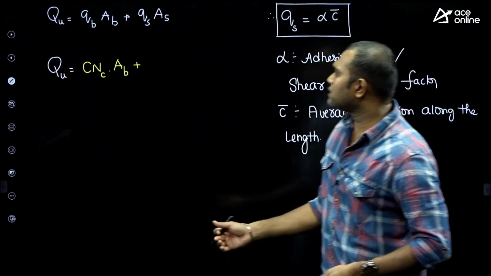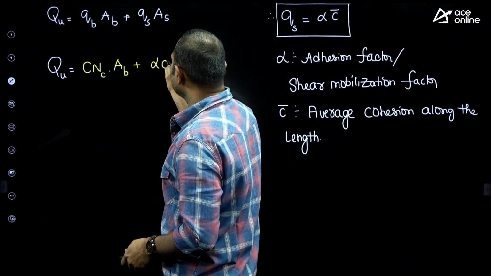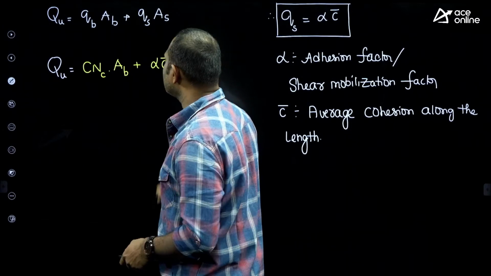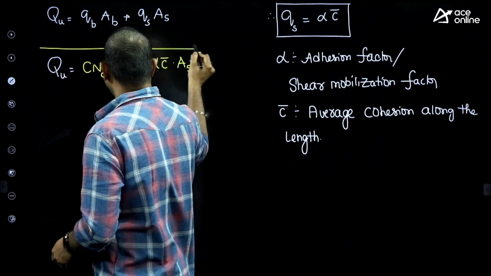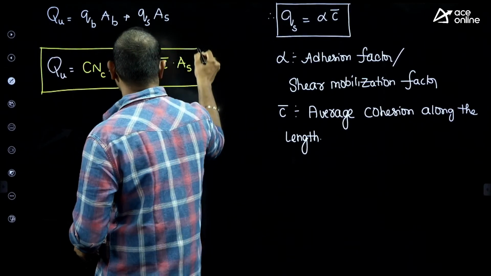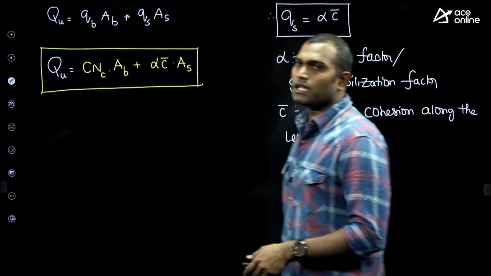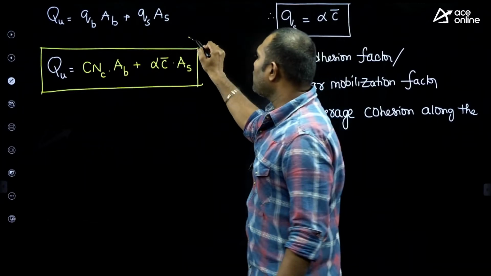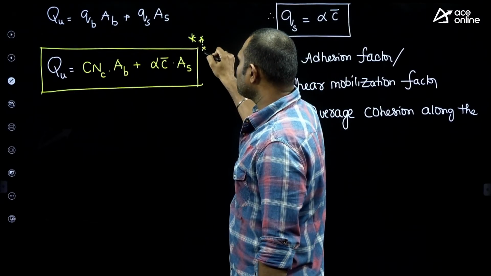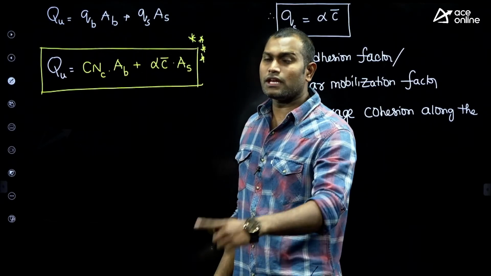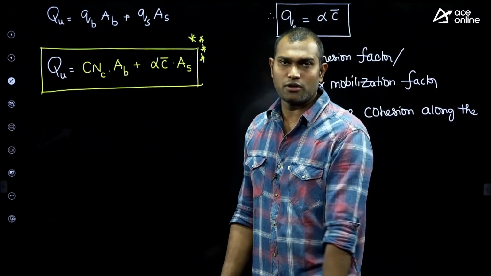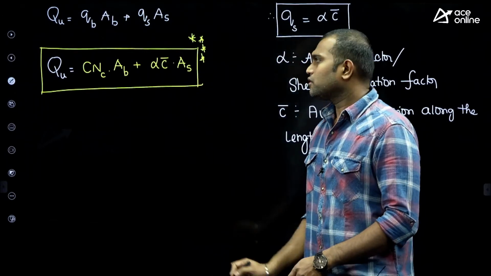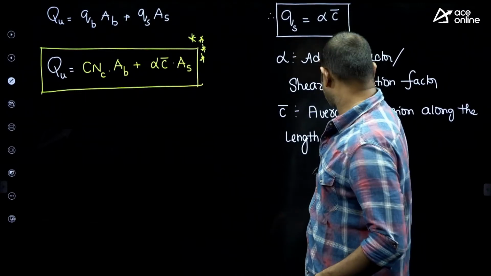Now this alpha into C bar into As. So C Nc into Ab plus alpha into C bar into As. There is one equation, very simple equation to find out the ultimate load carrying capacity. Even in GATE 2023, they have asked a 2 marks question from this topic. In GATE 2023, so if you see that question,